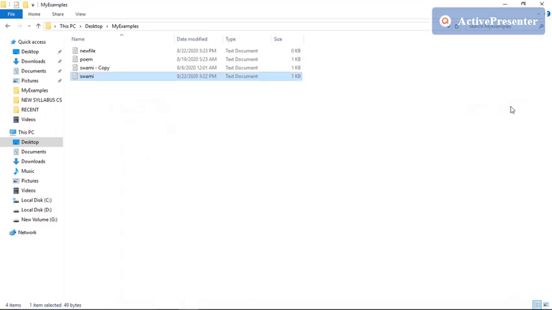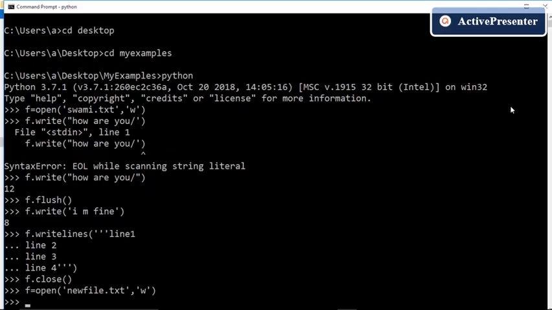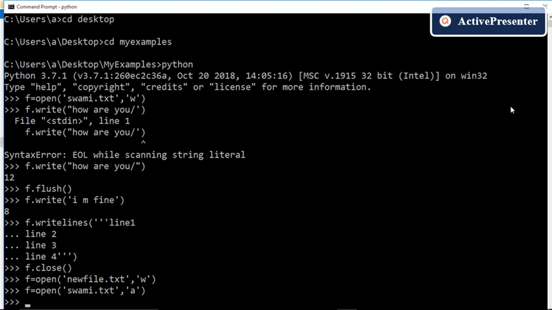Now I am trying to open this file in append mode. So F is a file object. I am opening the file again, swami.txt. Okay, now the file is open in append mode.